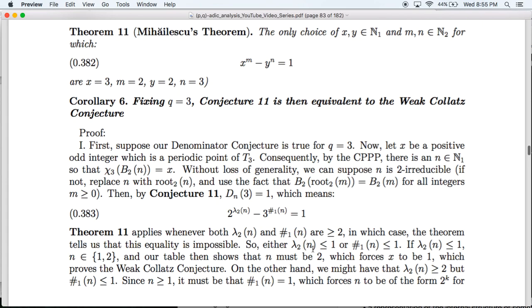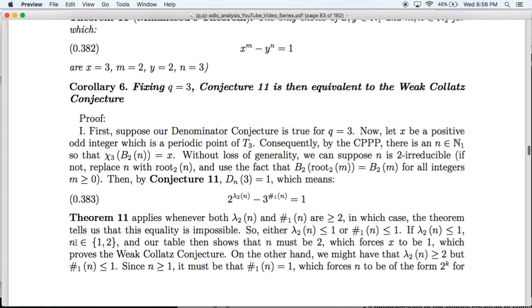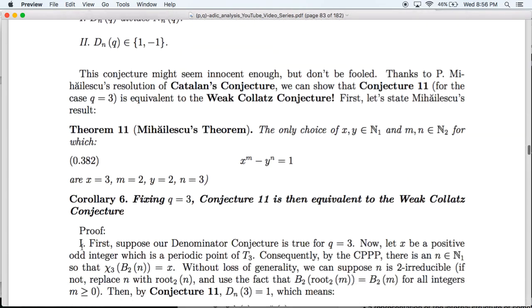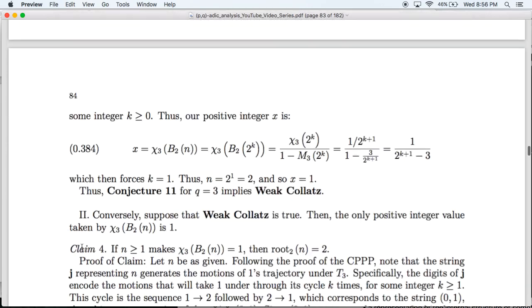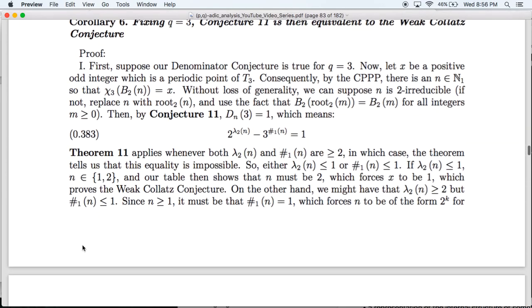So either lambda 2 of n must be less than or equal to 1, or the number of 1s of n must be less than or equal to 1. And if lambda 2 of n is less than or equal to 1, then we know that n is either 1 or 2, and so checking our table, we see that